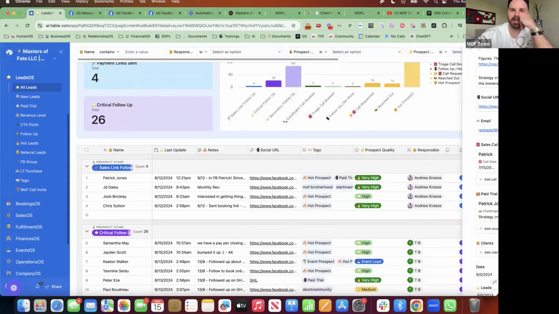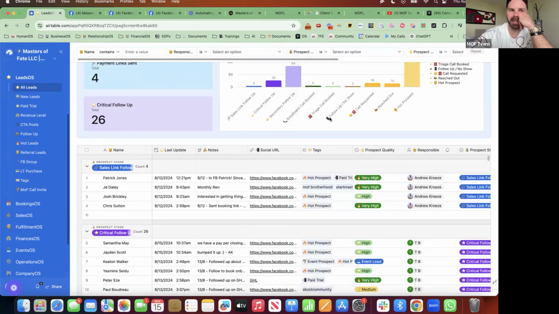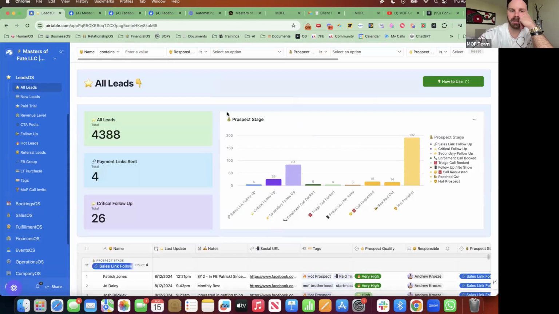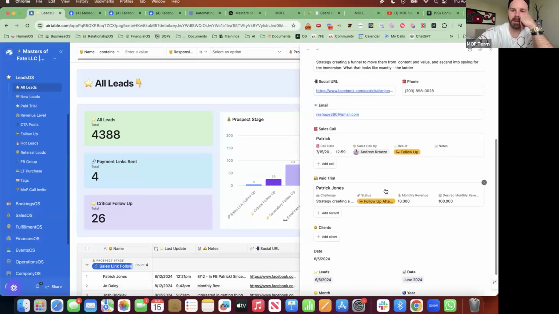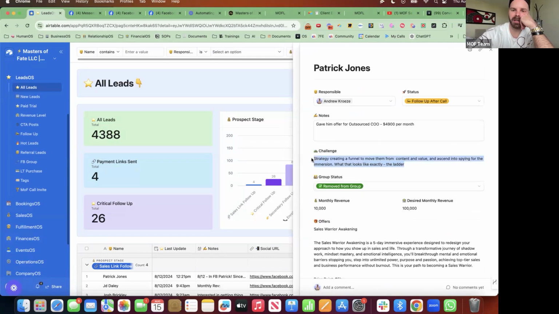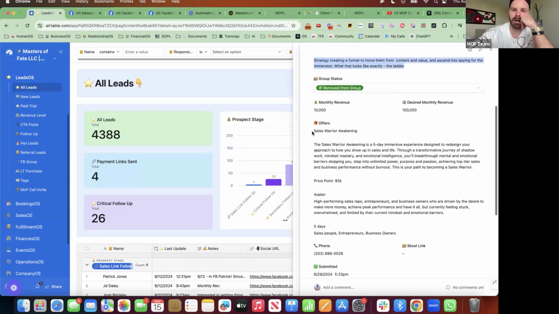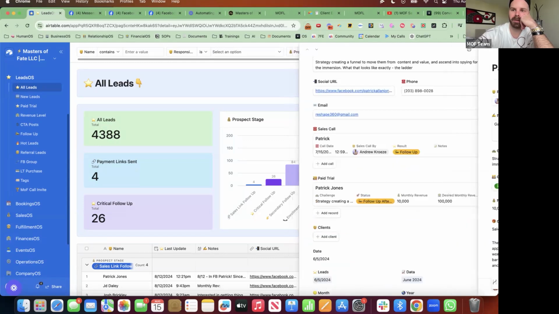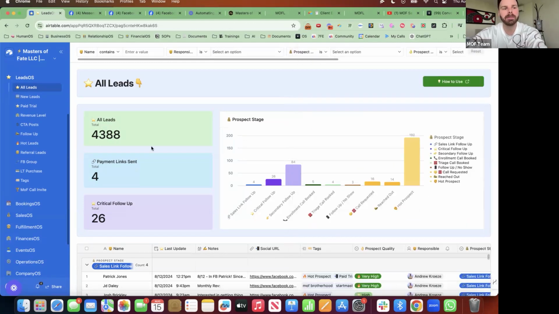So what's cool about Airtable is you can connect all of the data across all of the boards. So we have all the data at our fingertips, right? So people that signed up for the paid trial, maybe I want to hit them back up and I can go to their number one challenge in here and talk to that, or talk about their offers, boom, because they filled that out. So cool.